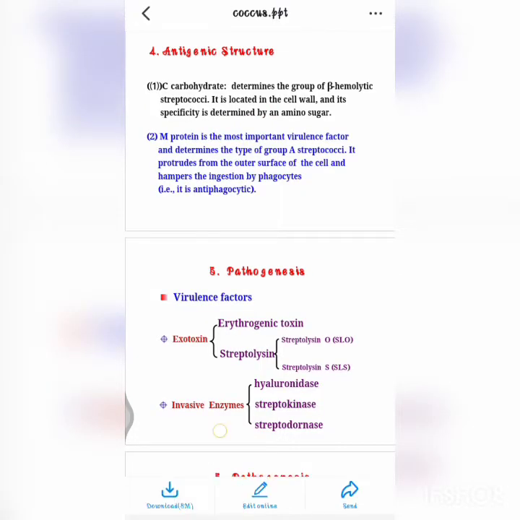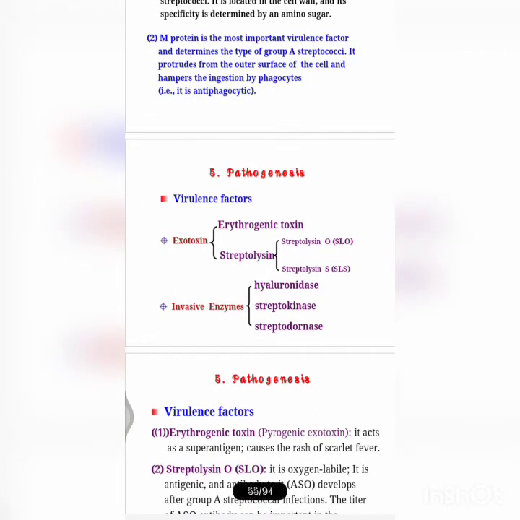Toxins and invasive enzymes. The exotoxins are erythrogenic toxins and streptolysin, which is again divided into streptolysin O and streptolysin S. And the invasive enzymes are hyaluronidase, streptokinase and streptodornase. These are produced to escape from the host body so that they can easily lyse them,